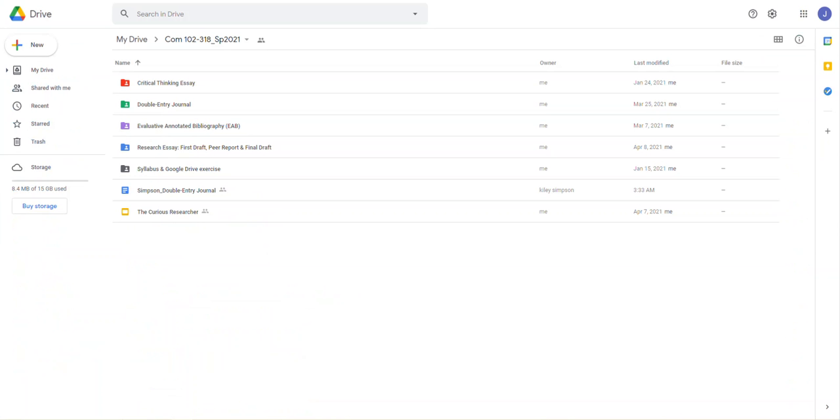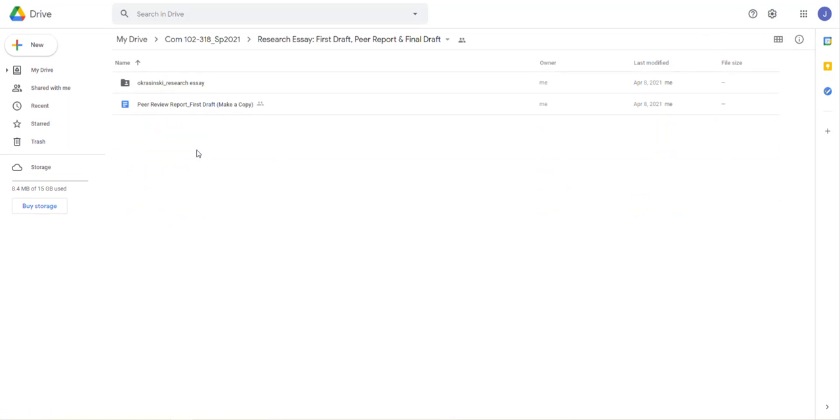Also, if we take a look at our course drive folder, it's the same thing for COM 319. This is COM 102 318. I also have 319. Here is a folder for the research essay, first draft, peer report, and final draft. Since you're going to have 3 documents in this particular activity in this folder, you should go into it